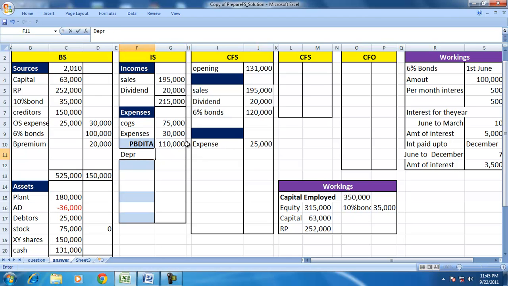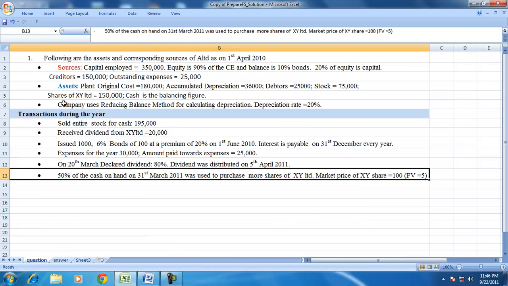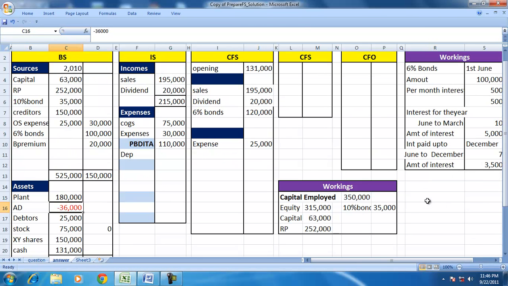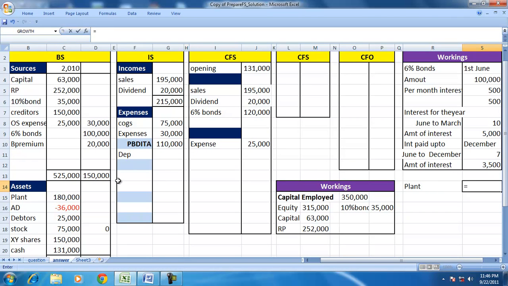Now let us show the depreciation. Some information is given. The company uses the reducing balance method, and the rate of depreciation is 20%. So plant cost is 180,000. Already you have depreciated 36,000. That means 1 year of depreciation is gone. So the value of the asset is